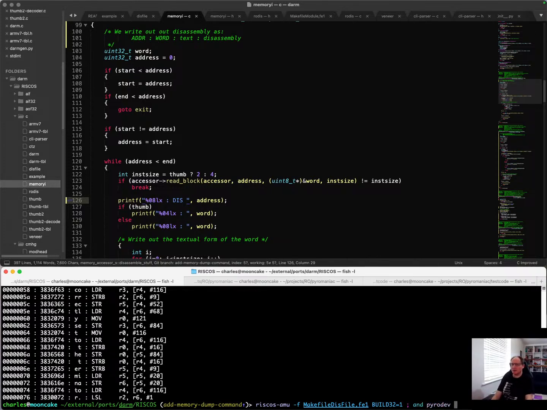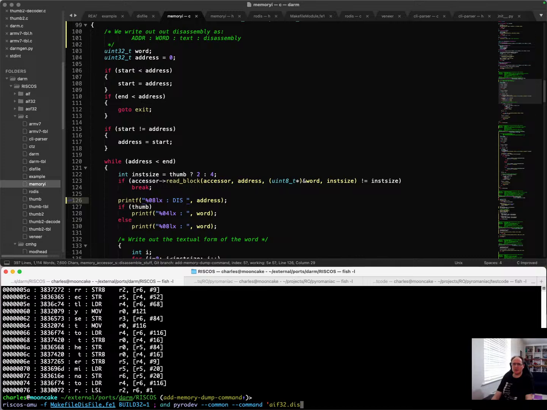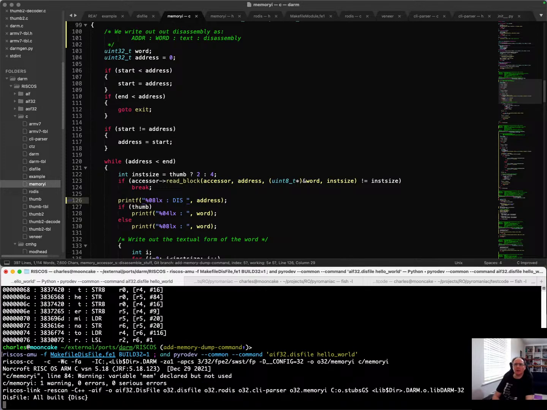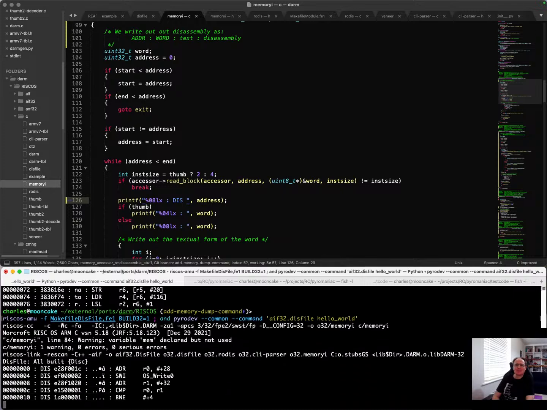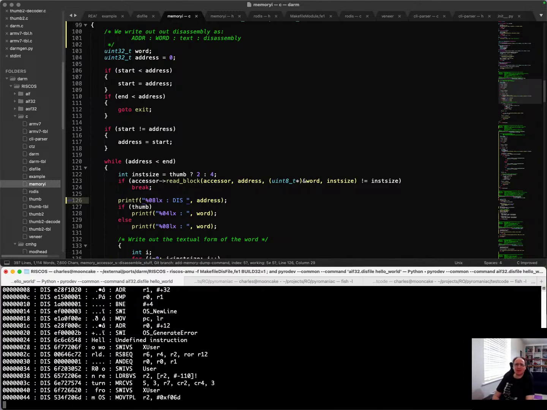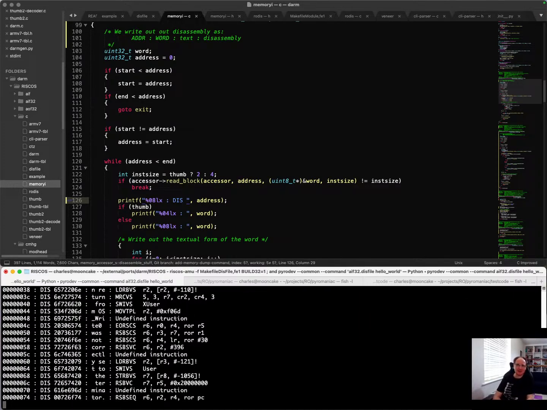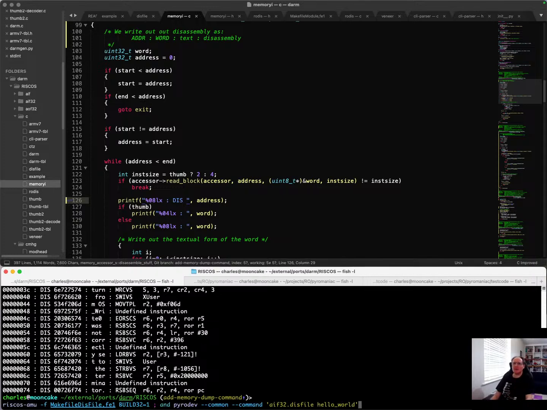Hello there. Command af32.disFile space hello. Let's bundle the whole thing together in one go, so it goes and automatically runs it for me. So this is the disassembly code being invoked. That is what I hoped. Okay. Now if I specify -dump here,